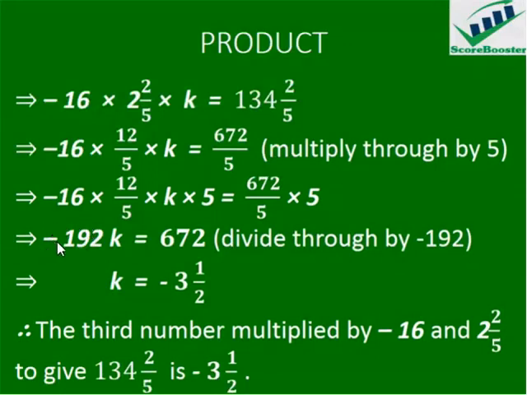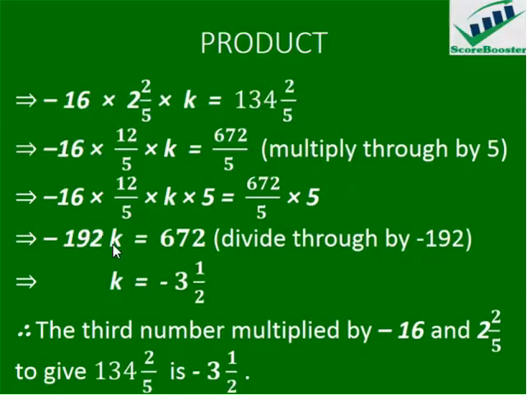Minus 192. I told you the reason why we divide is that whenever you want to eradicate something on multiplication, you introduce division of that particular number you want to eradicate. We want to eradicate minus 192 here, and we can see that what is happening here is a product. We introduce division by what? Minus 192. And whatever you do to this side, you also do it to this side. That's why I said divide through by minus 192. So when you divide through by minus 192,